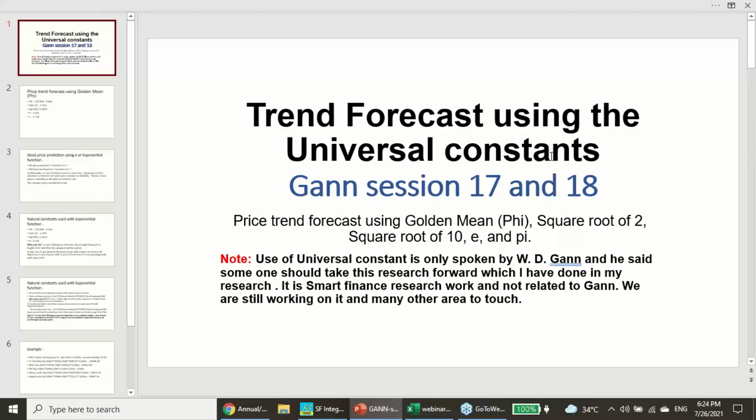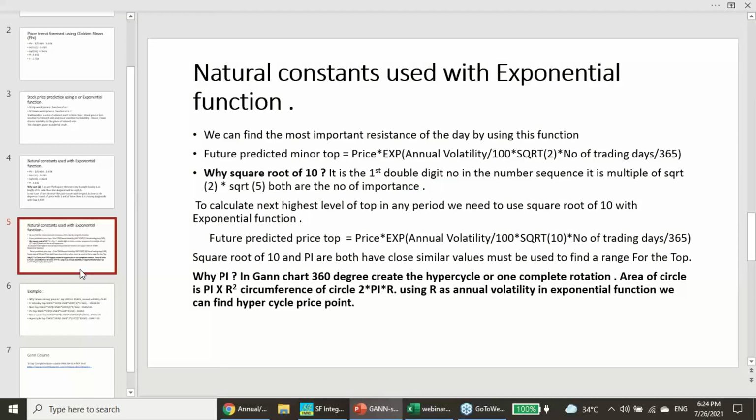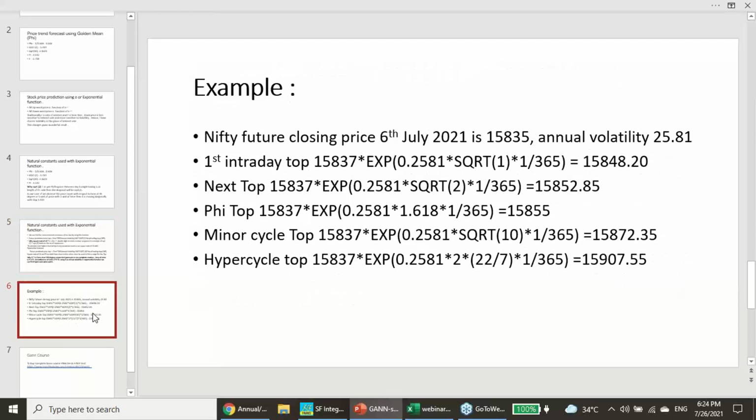Though these constants look like very simple numbers, they are great numbers which have a great role. Anything having a great role in the universe must impact your thought process. That is the base of W.D. Gann's study. He said that anything natural or universal has a role in your thinking, and that thinking is known as forecasting. So these natural constants we are going to utilize for our predictions. How are we going to predict? As I said, we are going to do our trend forecast with these constants by exploiting that formula.